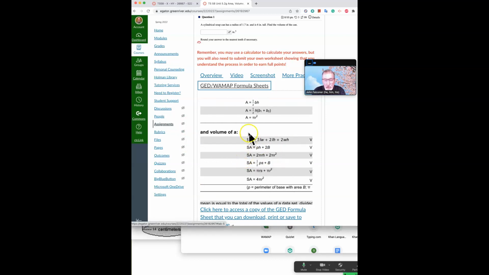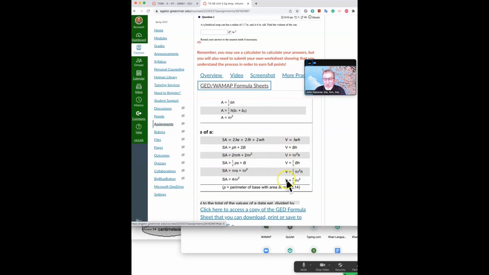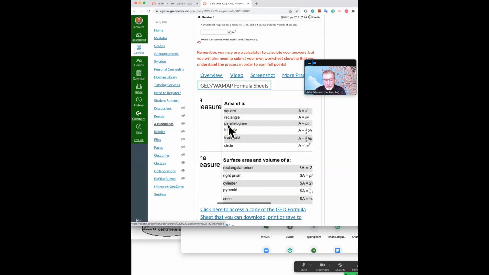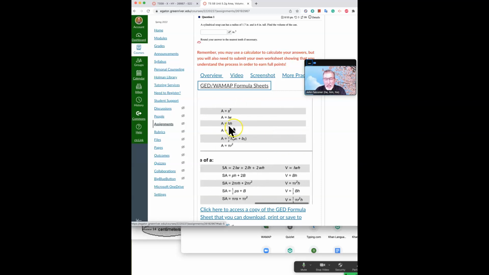So this first set of formulas is for surface area. So this is if you were going to wrap that shape in gift wrap, in wrapping paper, like for a present, that's surface area. And then to the right of that is the volume. And what I like to do for volume is often, like volume of a rectangle is L times W. Volume of a prism, a square prism, is L times W times H. So if you just get the area of the basic shape and then multiply by the height, you'll usually get